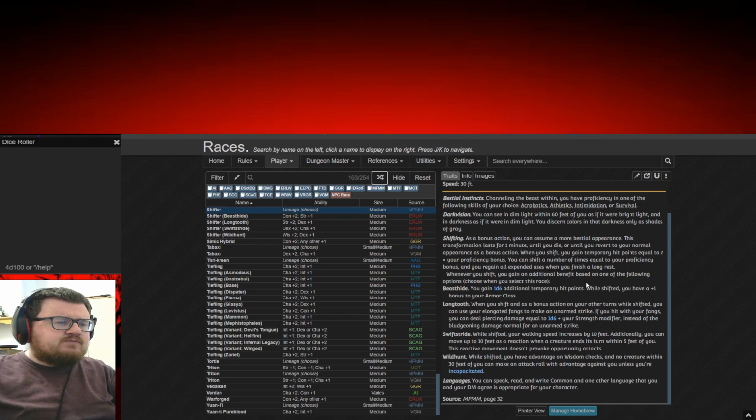And we get Shifting, which is a bonus action transformation that gives us a little bit of extra benefits. We get temporary hit points equal to 2 times our proficiency bonus. Shift the number of times equal to proficiency bonus, again, back on a long rest. And then this is where we choose. We can either go Beasthide for 1d6 additional temporary hit points, and we get a +1 to our armor class. Longtooth, which allows us to